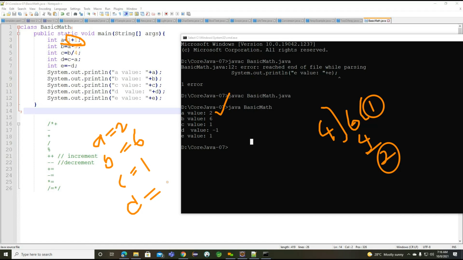this particular a value. So now if you see 1 minus 2, the d value will become minus 1 here, because the a value we are having is 2, so we are trying to subtract the a value from the c value, so that we are going to get minus 1, and finally we are having minus d. So here with the help of this particular minus d operation, it will become 1 here. So this is all about all the values.